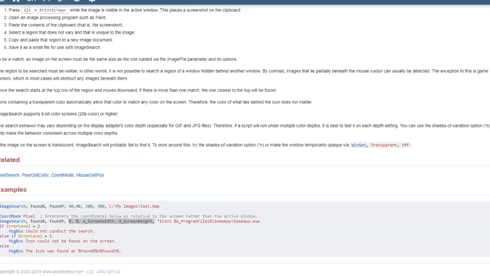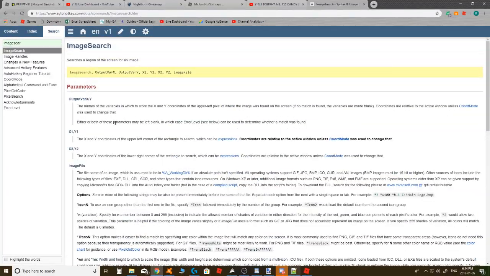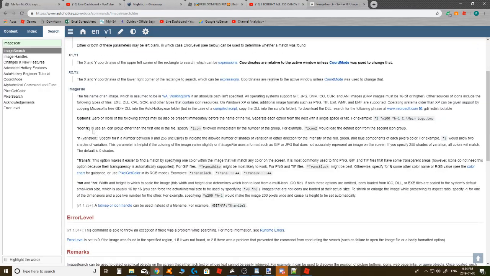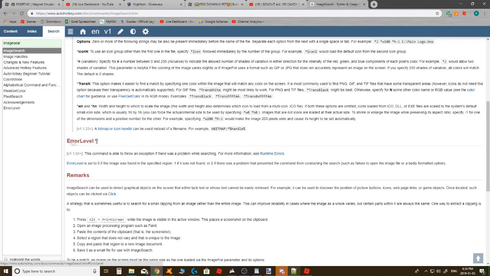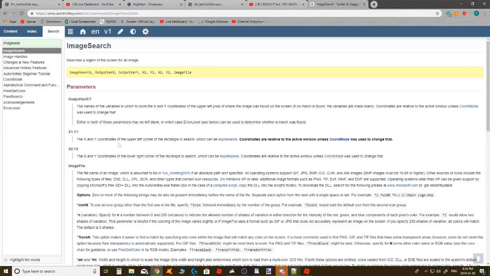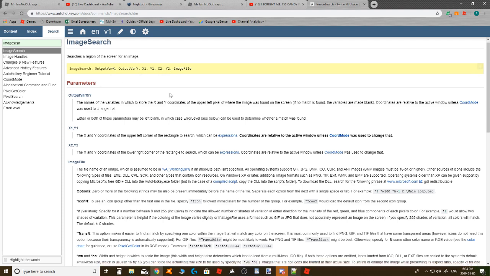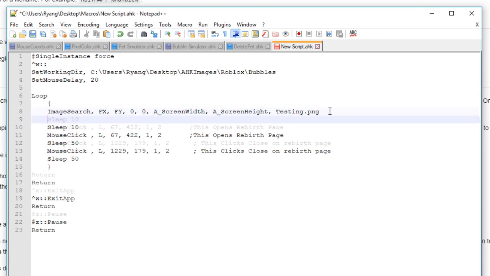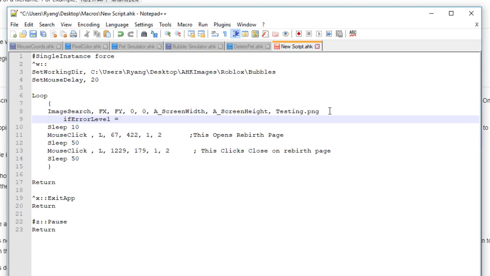Okay, so when you do this, there are different things that can happen. It can find the image or it might not find the image. So ErrorLevel is going to be your next line, and the ErrorLevel indicates whether it's found or not. This is kind of confusing. I got this in a video, just believe me on this. Your next line needs to be if ErrorLevel equals 0. So if it finds the image,